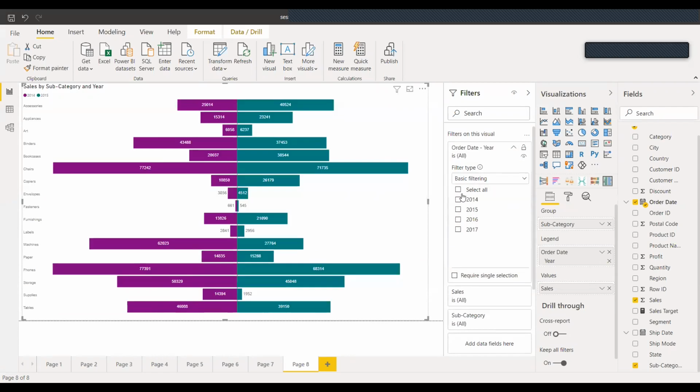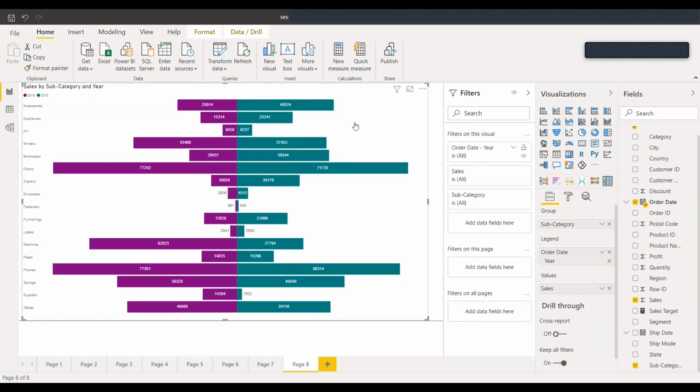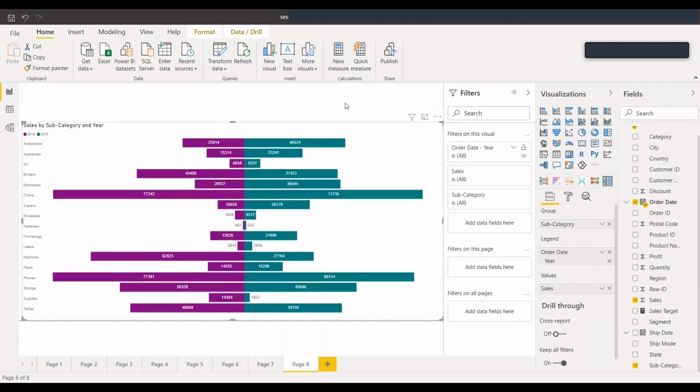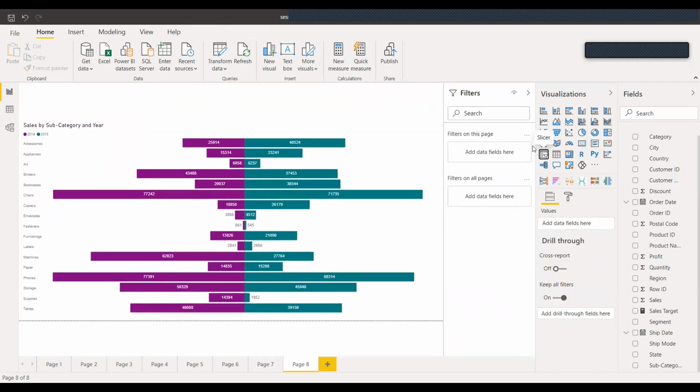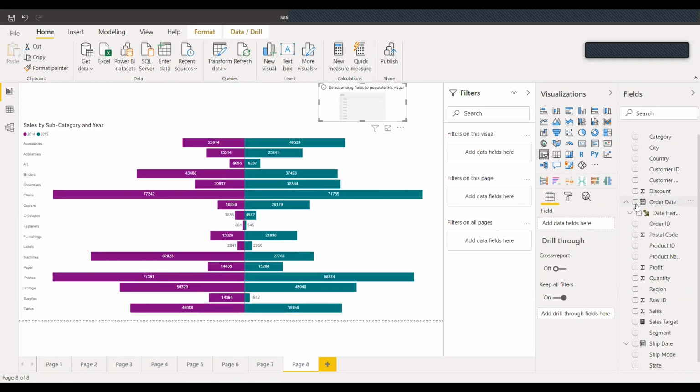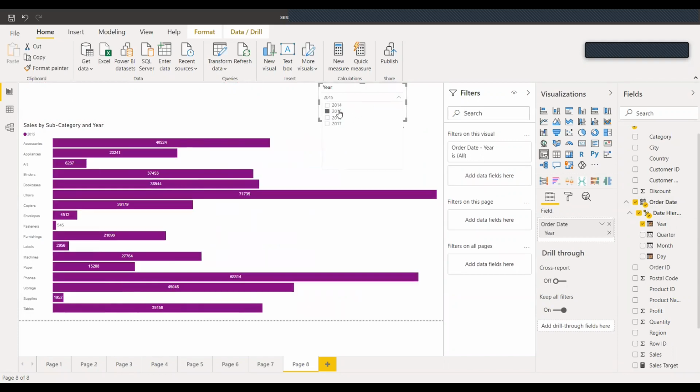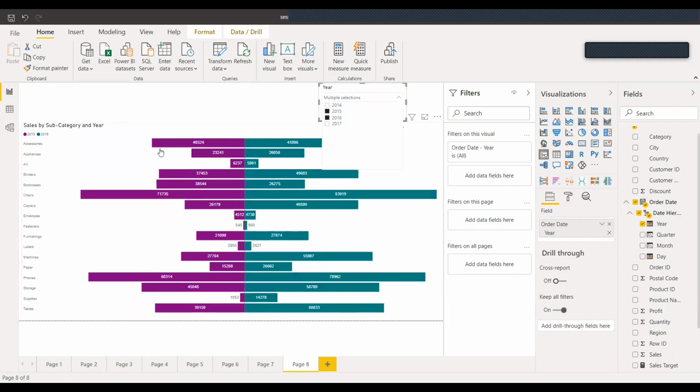The other way of doing it is we can add a slicer. Here if we select multiple years, it will just change accordingly.